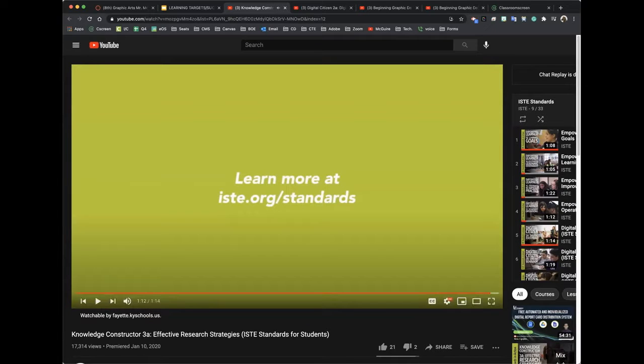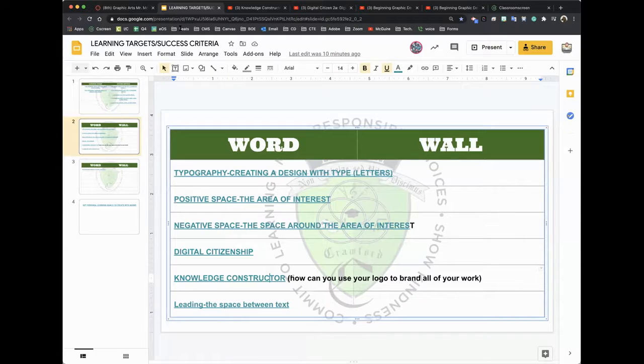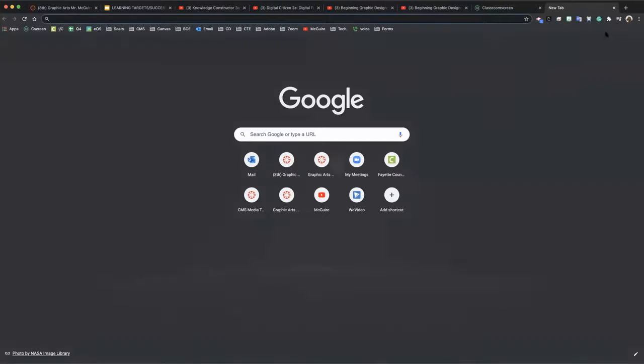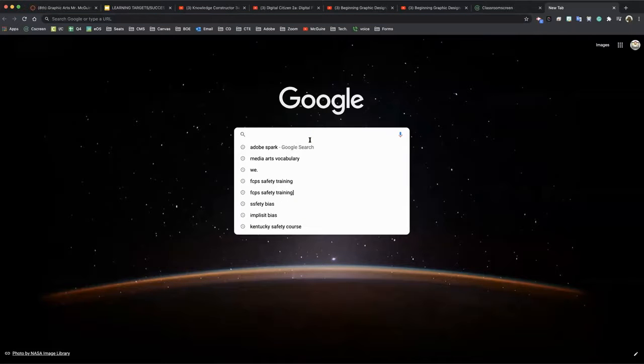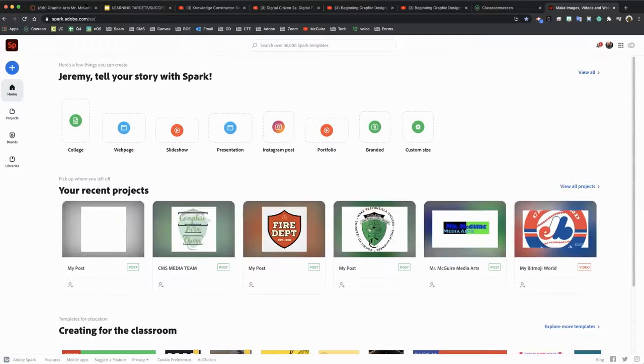Okay, so you got that process, and then the last one is, we talked about leading. So here's what I want everybody to do. We're getting ready to get started. So today, I need everybody to log into your Adobe Spark. Okay, log into your Adobe Spark. I'm going to walk you through it. Go to Google, type in Adobe Spark, click on it, and you should be able to log in. Okay, if you don't know how to log in,